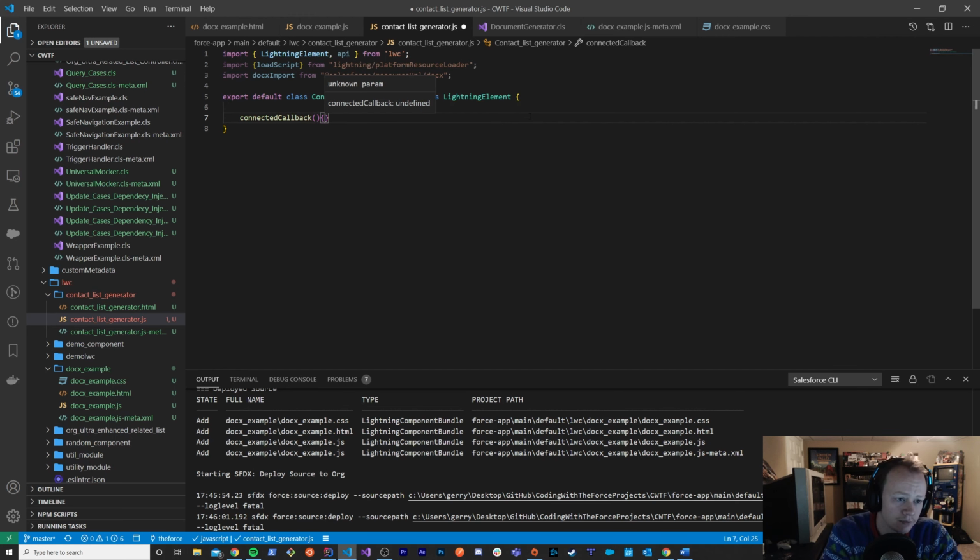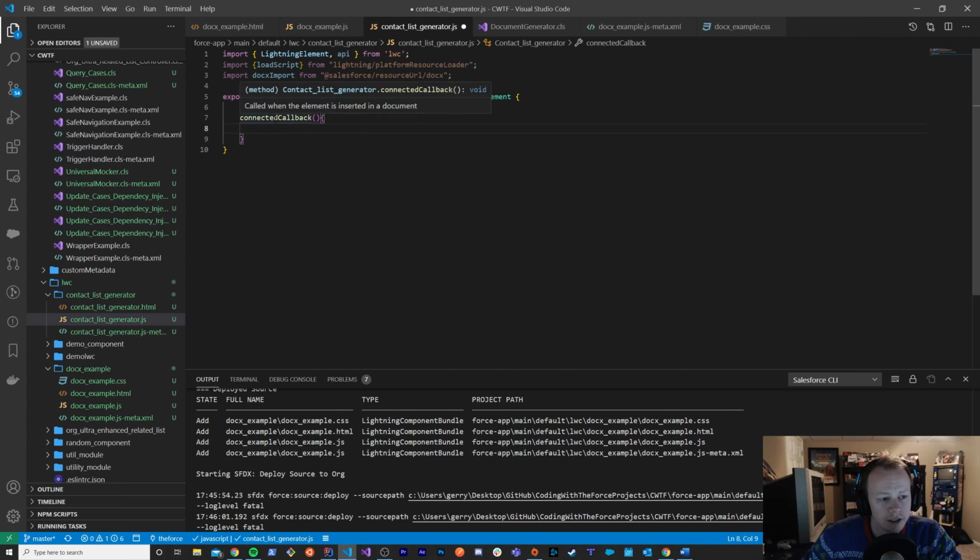So basically, if you don't know what connected callback is, it's called when the element is inserted into a document, or basically when the element shows up in the page. So say you're loading a page that has this Lightning Web Component in it. This connected callback method is going to be called as soon as that Lightning Web Component gets loaded into the page. So what I'm going to do as soon as it gets loaded is load in my